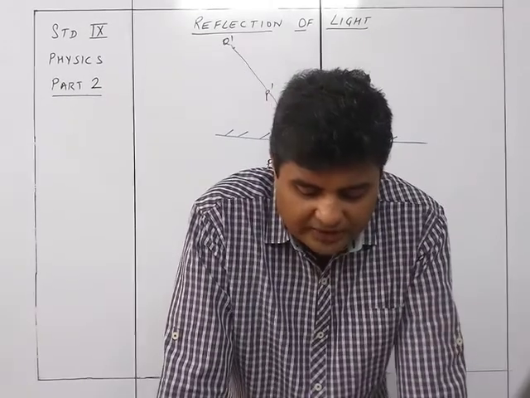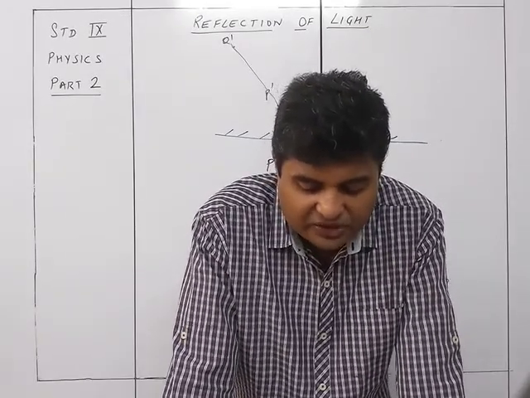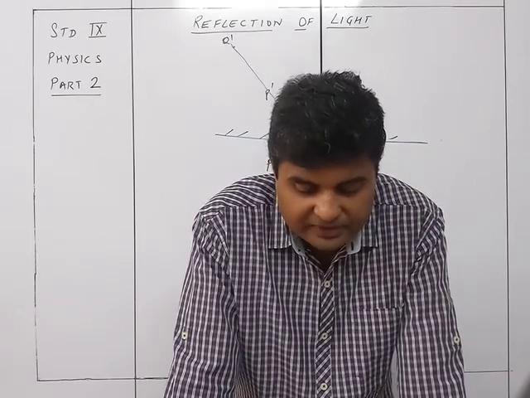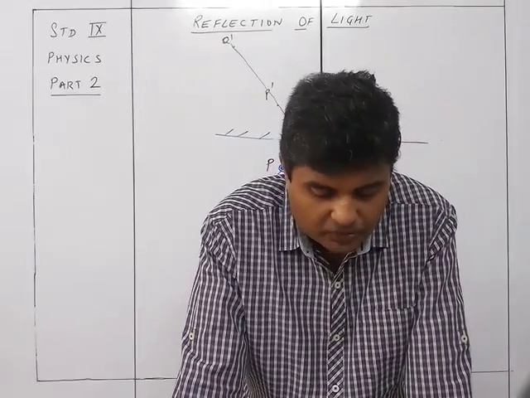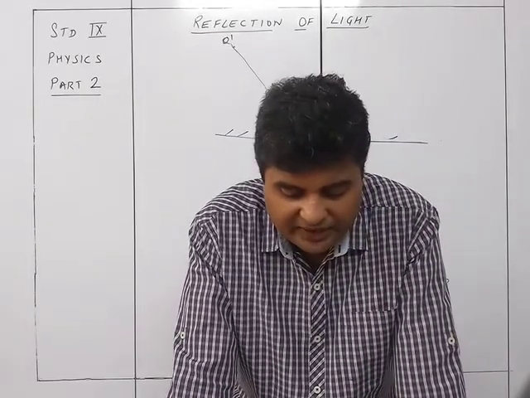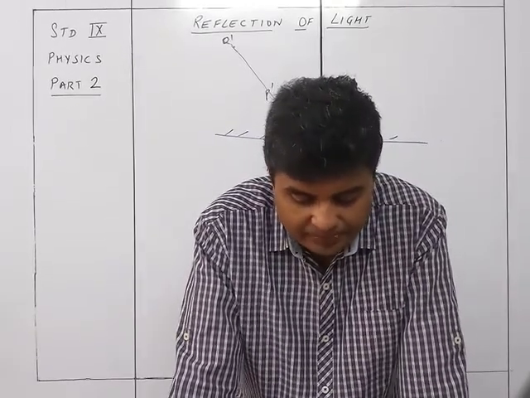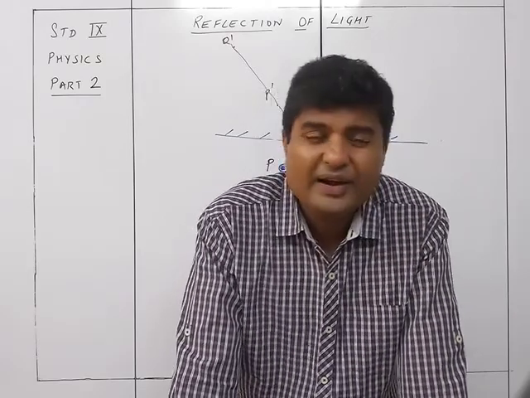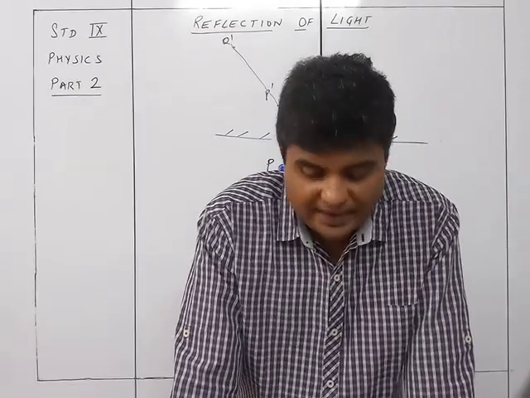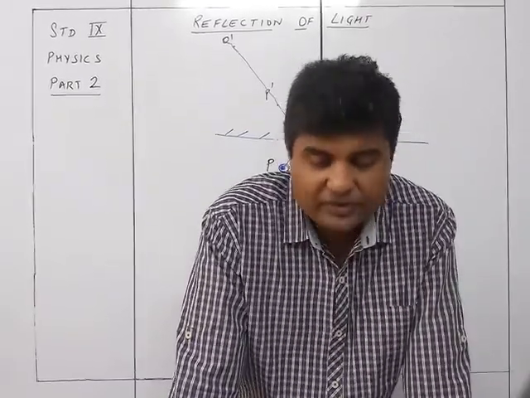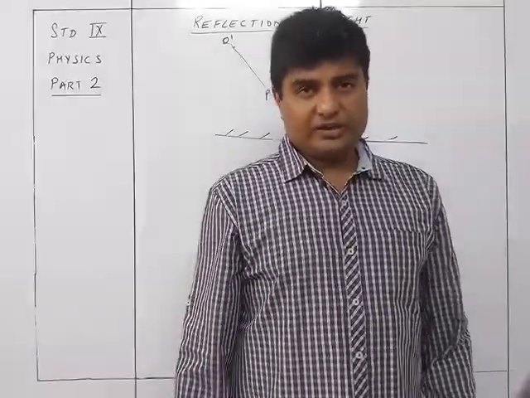From the above observation table, we find that in each case, the angle of incidence is equal to angle of reflection. This verifies the first law of reflection. The experiment is being performed on a flat drawing board with the mirror normal to the plane of the board on which the white sheet of paper is fixed. Since the lower tip of all the 4 pins lie on the same plane, therefore the incident ray, reflected ray and the normal at the point of incidence all lie in the same plane. This verifies the second law of reflection. So this was the experimental verification of the law of reflection.